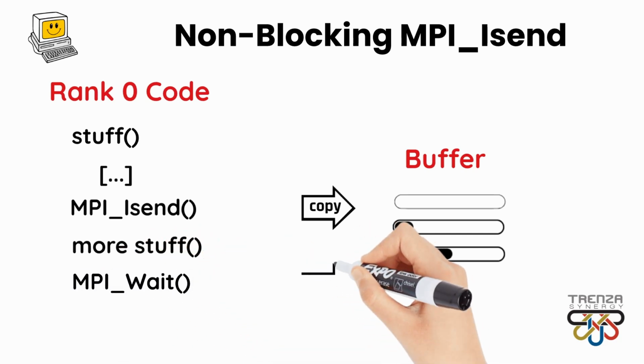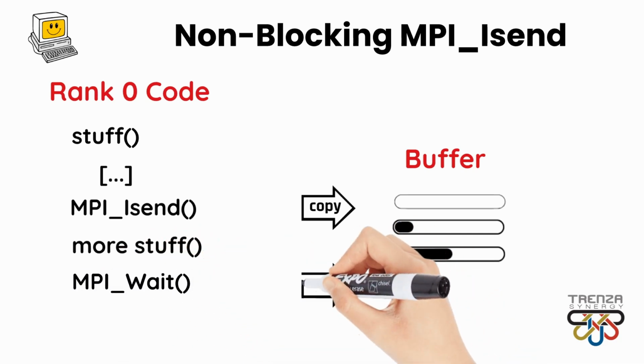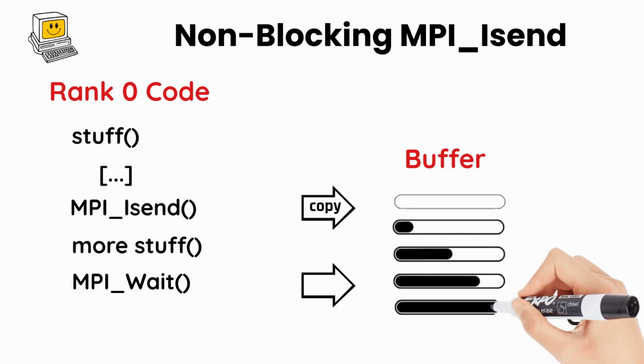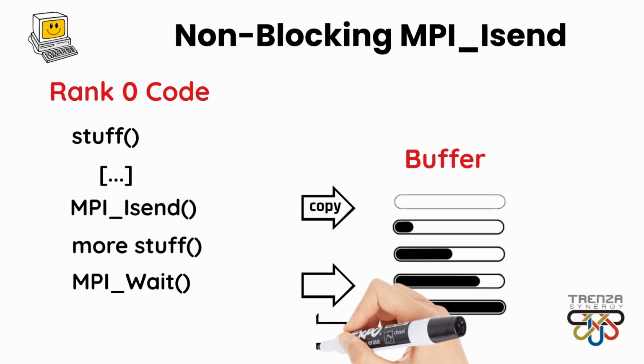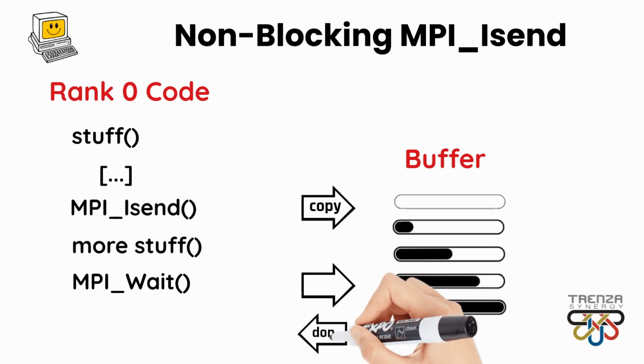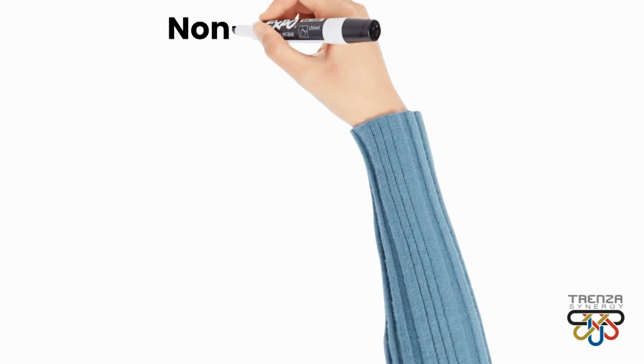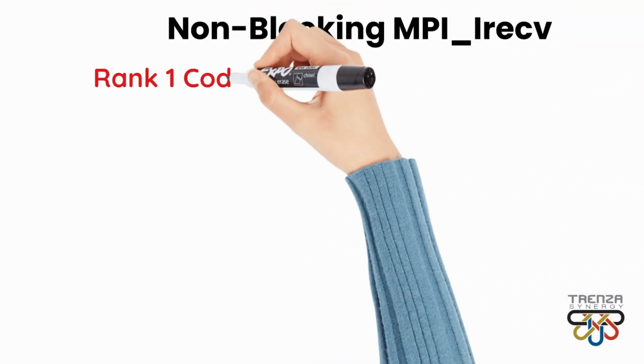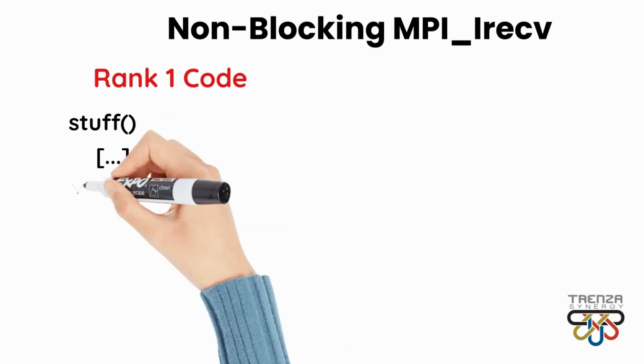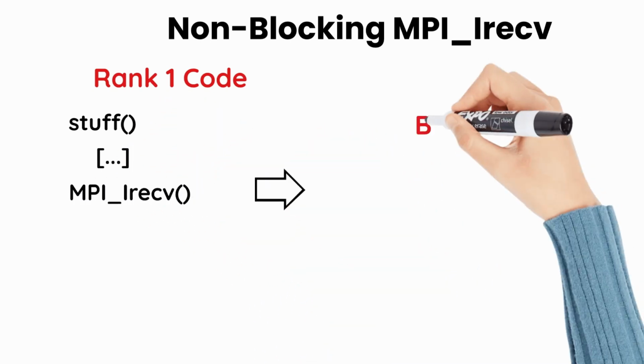In order to determine when another message can be sent, there must be a call to MPI Wait, which blocks until the send buffer is ready again, or a call to MPI Test, which reports whether the buffer is available and returns immediately. In the non-blocking MPI Receive call, after starting the operation, the rank can immediately go do other